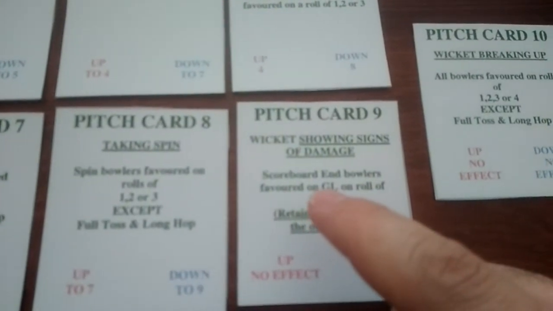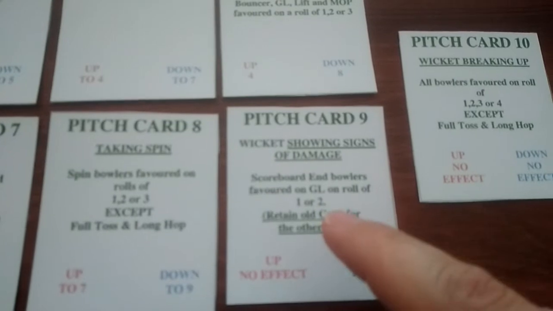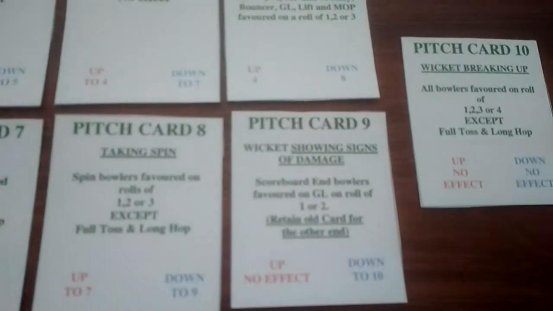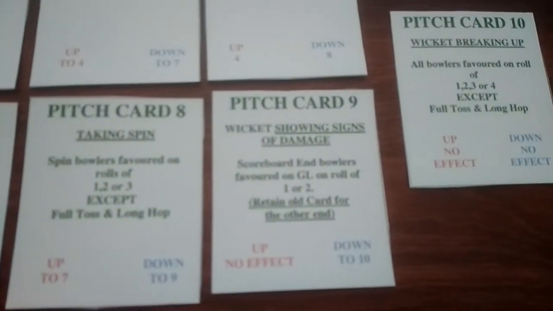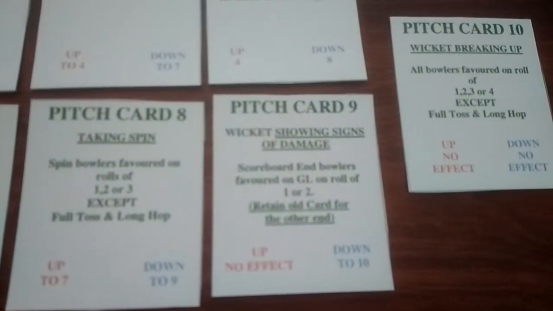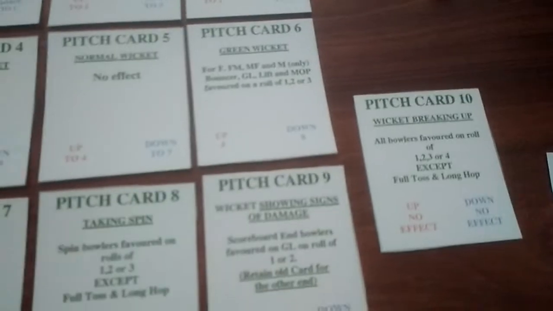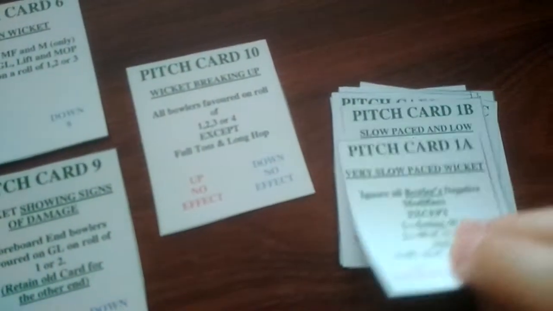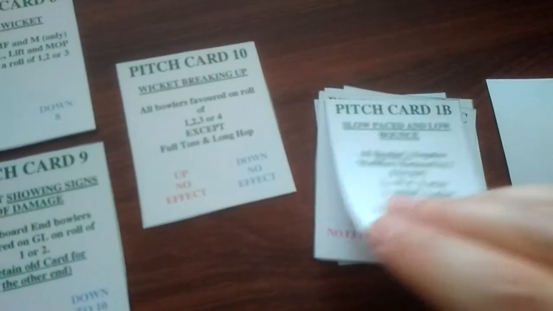Now this one's only got the scoreboard end bowlers, so one end, it's favouring good lengths on rolls of 1 and 2. So you've got a 1 and 2, and it's a good length. That good length becomes -1. So there's all these different things on the basic chart, and these charts here for the worldwide weather charts will add a lot more. So you can see down here that it's bringing in certain things,